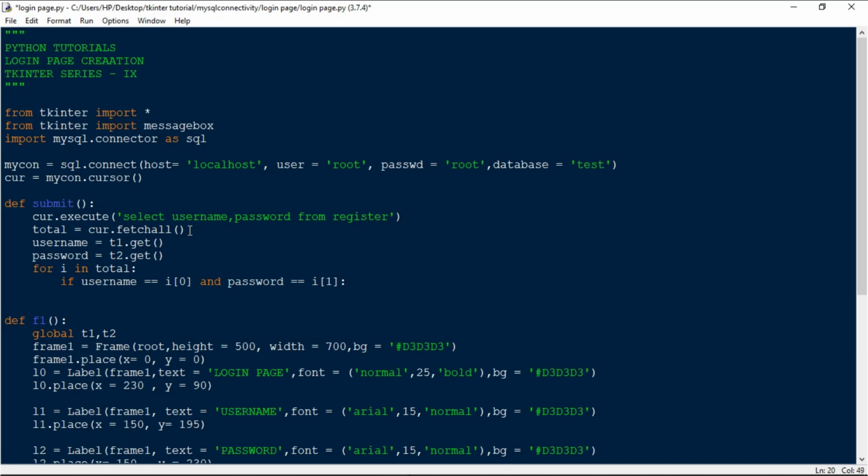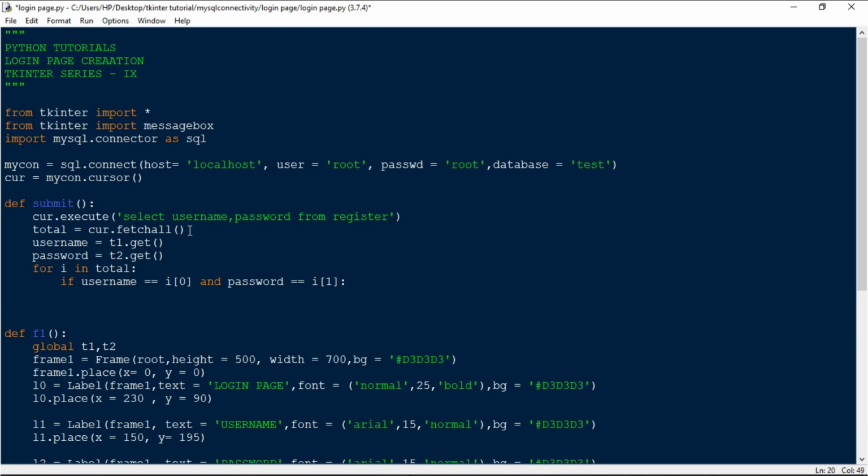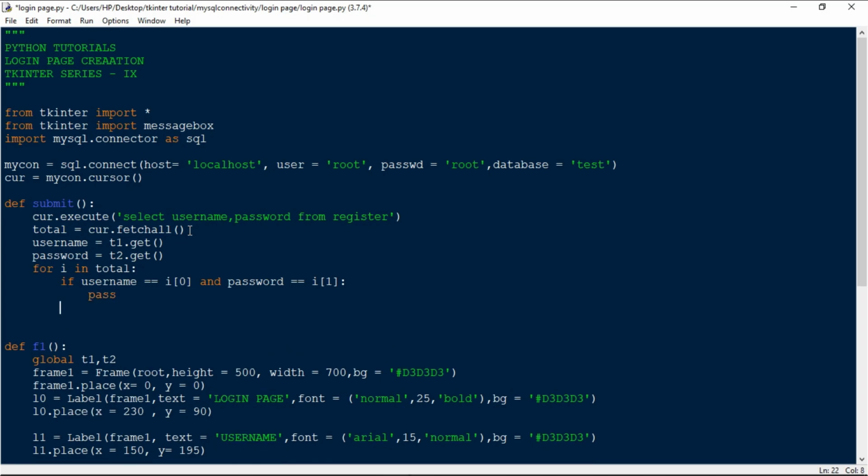Since the second attribute of the nested tuple is going to be the password, we are checking it with the password entered by the user. If this is the case, then the login is successful. In that case, we are going to return the next frame, telling that the login is successful. For now I'm going to pass that, later we'll come to that.